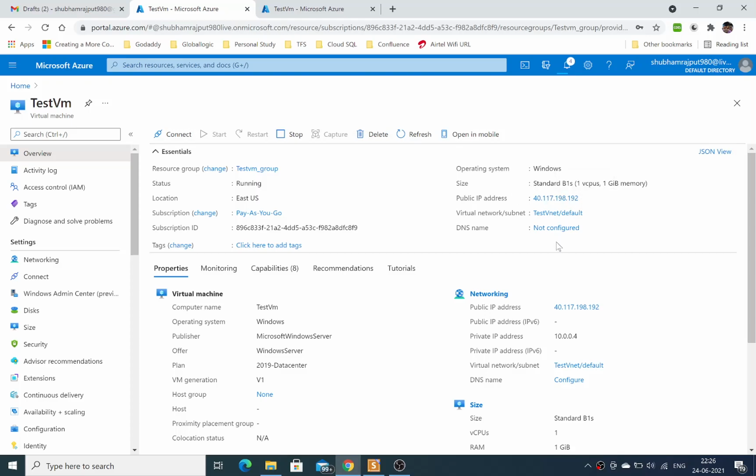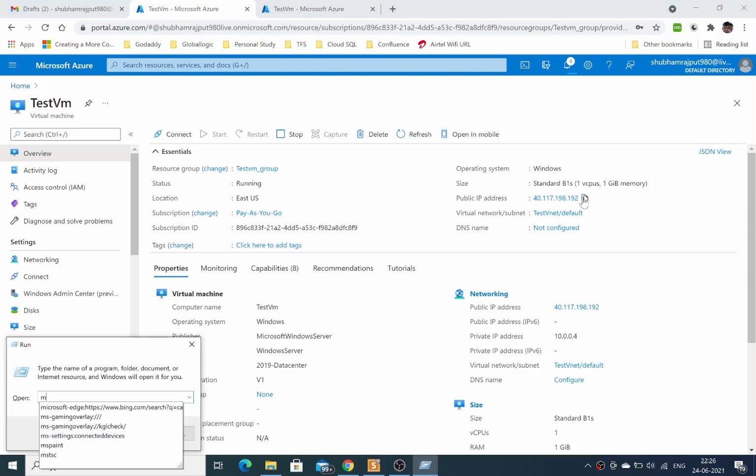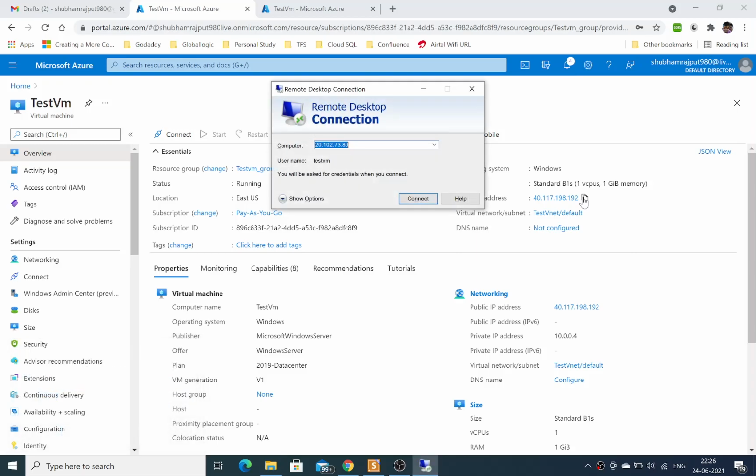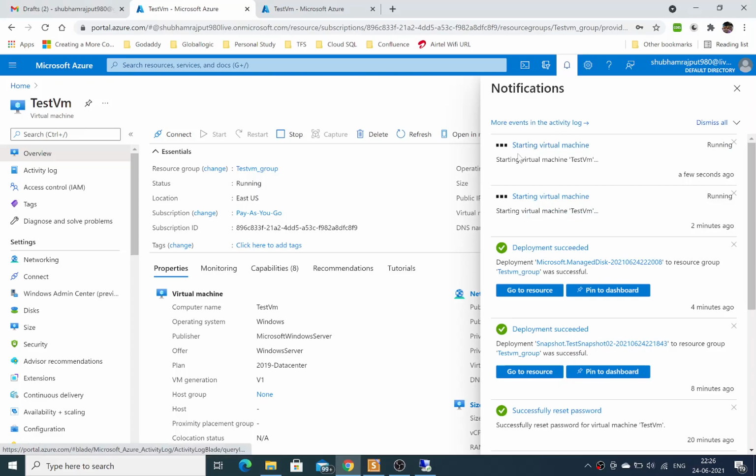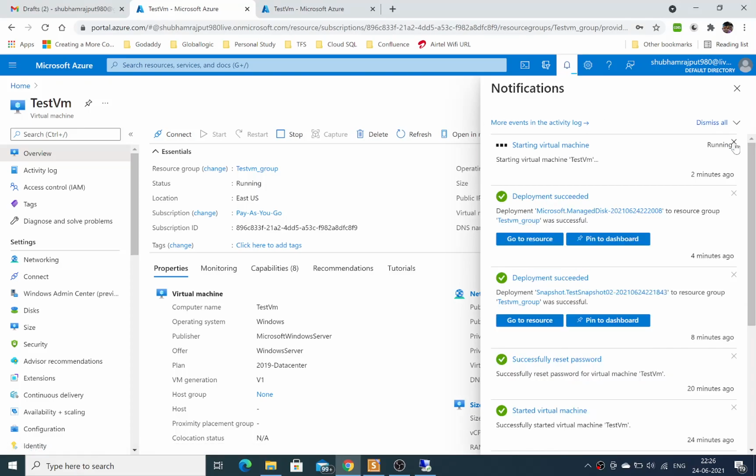This one is the public IP. I'm just copying this, typing MSTSC and pasting this IP, initializing the remote connection. Okay, actually my machine is still starting, it has not started until now, that's why it is showing me this error.